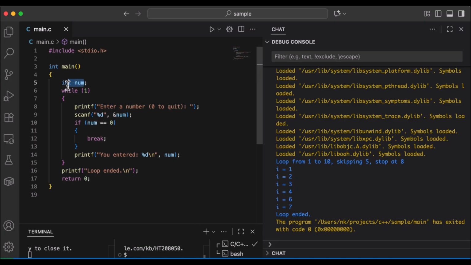Now in this case, I have an integer num, then I have a while loop, so as long as the condition is true, I continue my program and prompt the user to enter 0 to quit or any other number. I read in the number, I check if the number is 0. If it's 0, I call the break statement and essentially break out of that loop. So I go down here and say loop ended. Or else, if it's not 0, I just respond back to the user,